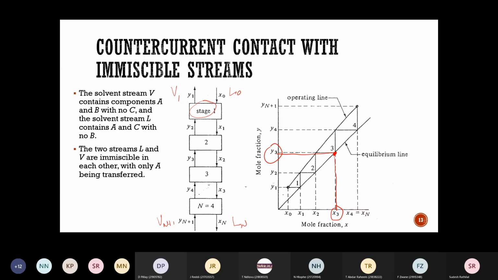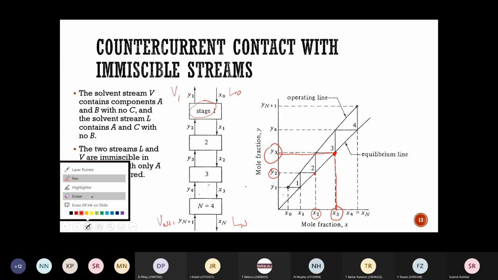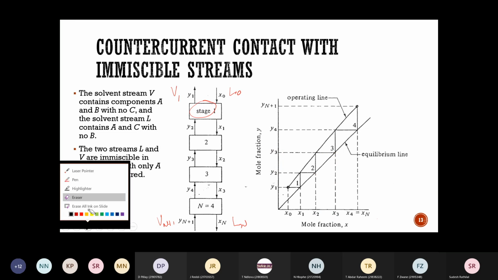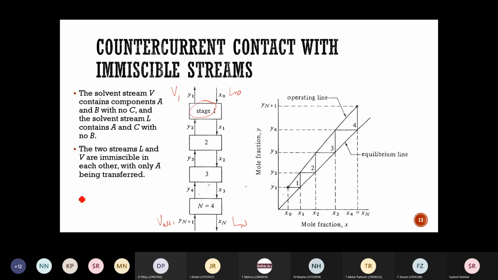Okay, similarly, consider this point. You can see the subscripts y2 and x2. So it's got the same subscripts because they're in equilibrium with each other. If I look at the operating line, it is different. So if I consider a point on the operating line, there,